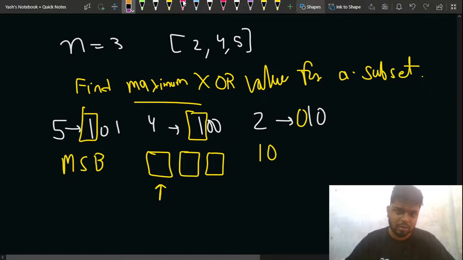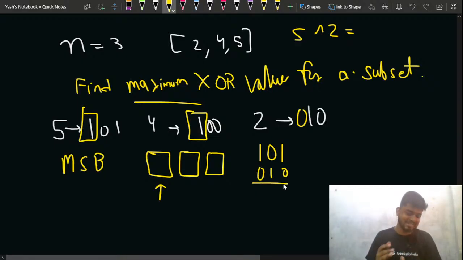If I do a 5 XOR 4, let's say I do a 5 XOR 2, in this case what will we get? 5 looks like this, 2 looks like this. You can see that now this is actually suitable for us for doing a XOR operation,